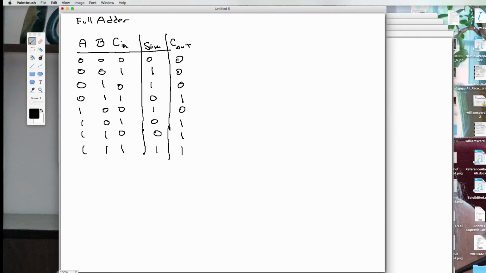Here's what I want to note. Let's just focus here on the sum column, okay? We see that there are these instances here where I have 1s. And that would correspond to that, and this over here corresponds to that one, and this corresponds over here to that. So if I were to say to you, when is the sum 1, we would say sum is 1